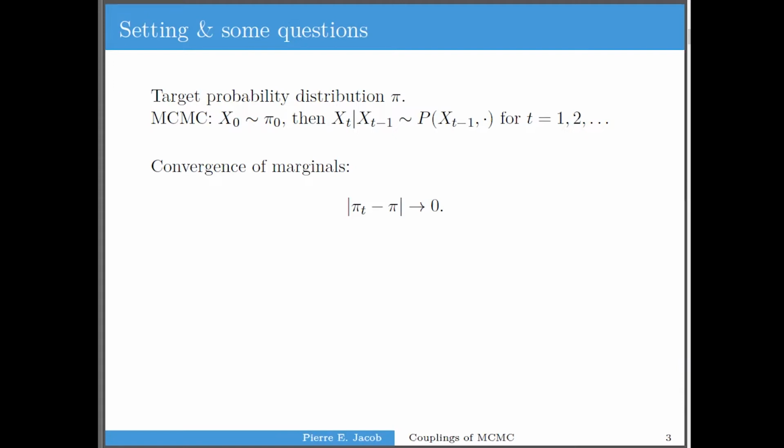So this is the question that we'll be looking at. Essentially, how many steps should we do when we do MCMC? In other words, how do we choose a little t so that the marginal distribution of the chain at step t, denoted by pi_t, is close to pi in some sense? So in one way, it's related to the convergence of those marginal distributions towards pi. And in another way,